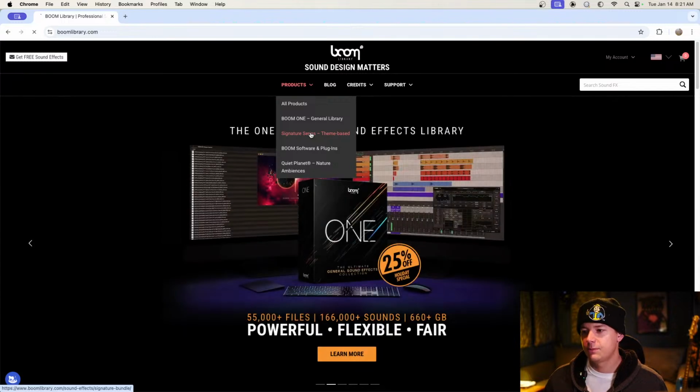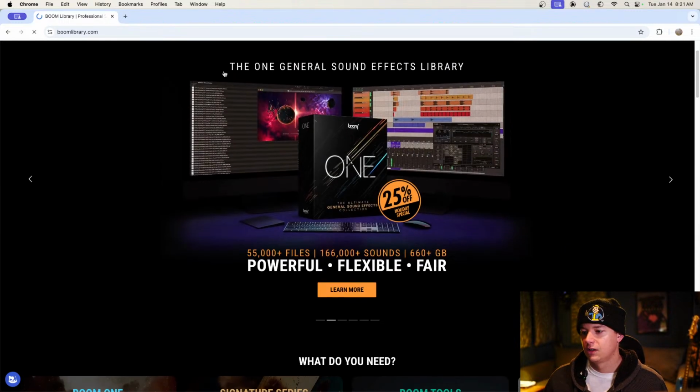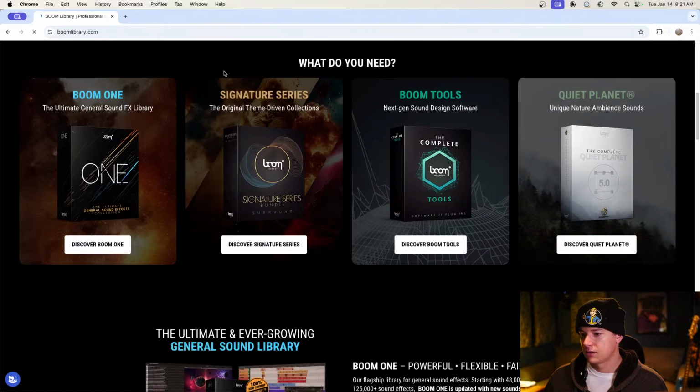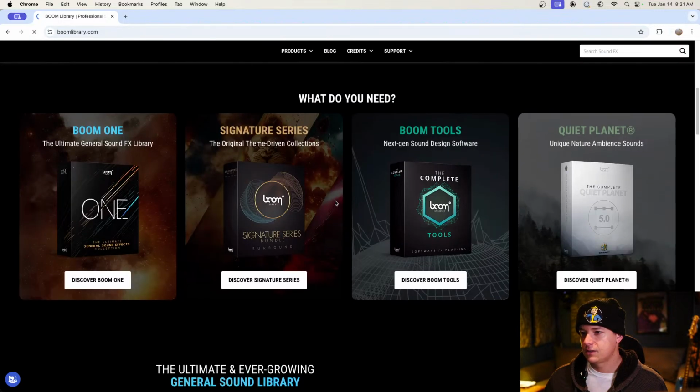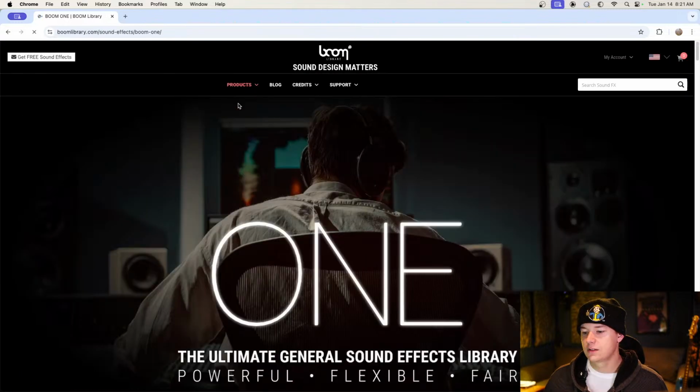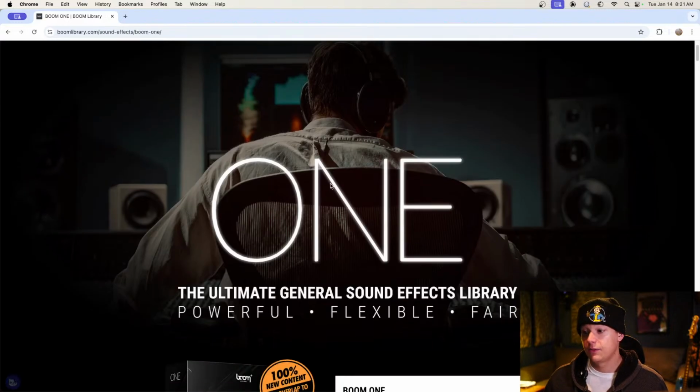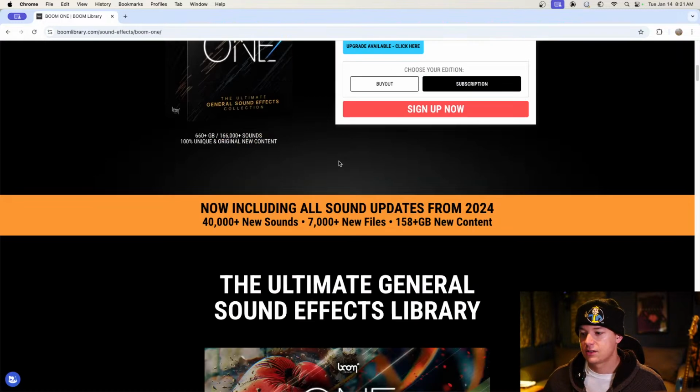It's not cheap to start your own sound library. Let's see, the Ultimate General Sound Effects Library. Sure, let's check this out. If you're starting from zero, expect to spend a lot of money. If you're downloading sounds and paying for them, it's going to cost you a lot. That's why